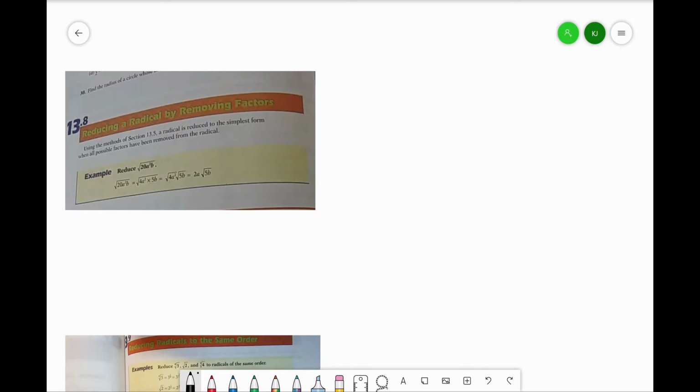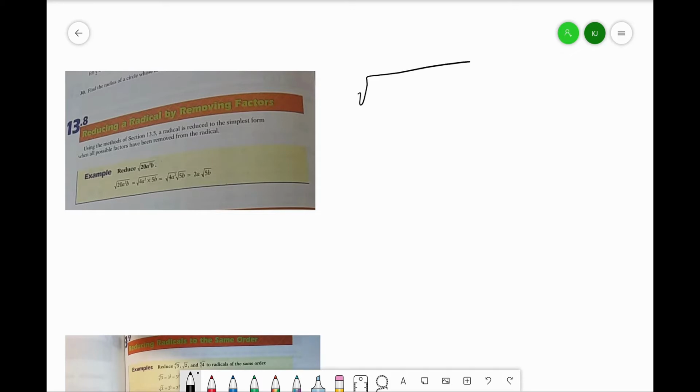Welcome back to Algebra 1. So today we're going to be building upon what we've done previously by doing 13.8, reducing a radical by removing factors. So this first part is pretty easy, and it builds, like I said, upon what we did